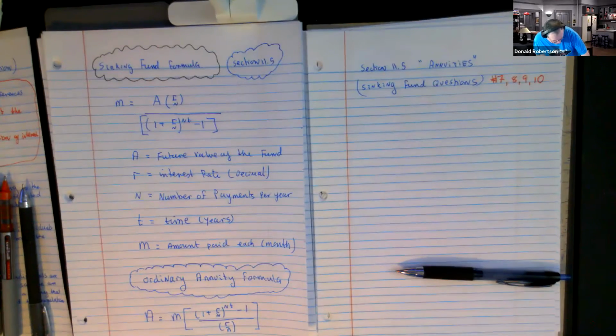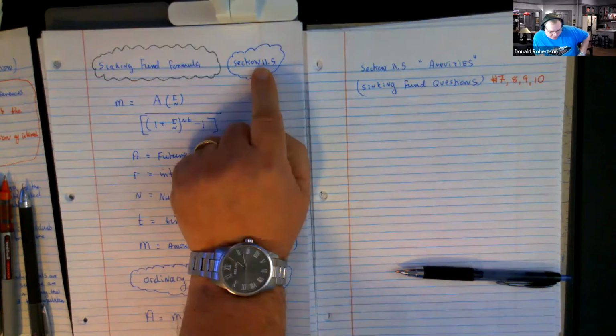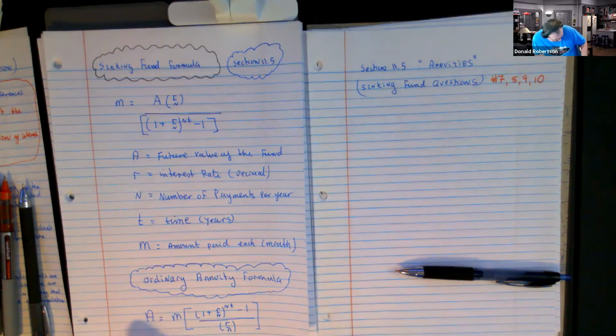We are still on 11.5. The last time we did the ordinary annuity formula, and that was ugly enough. And you remember when we did it, we kind of did it in bits, because something as messy as that requires a fair amount of being careful or you won't get it correctly. Well, if you think that one is bad,